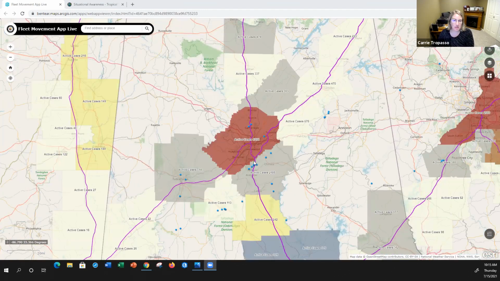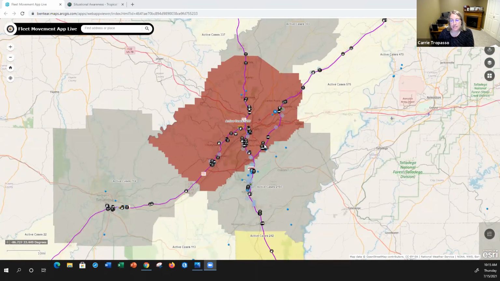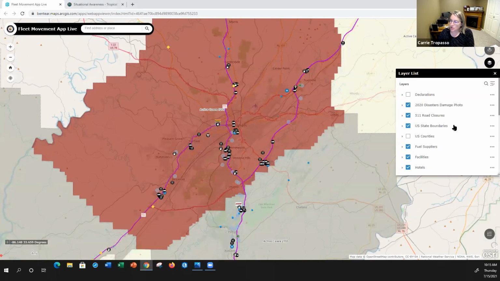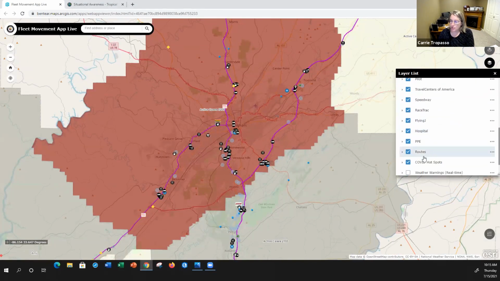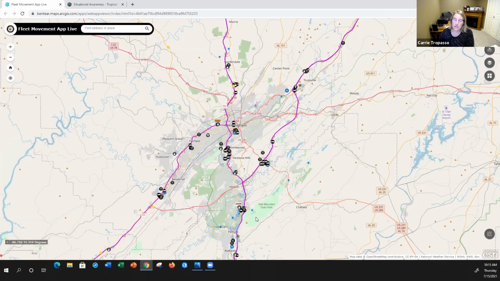So you can see there's some labels. It just tells us how many cases and things. As I go in further, more information appears. So let me actually turn the COVID hotspot information off just because I want everybody to be able to see everything here. As Tom mentioned, there are millions of data points in this application, but in order to not clutter